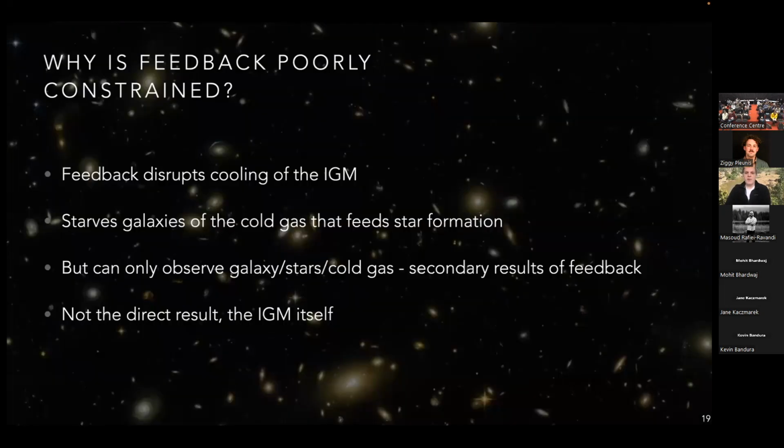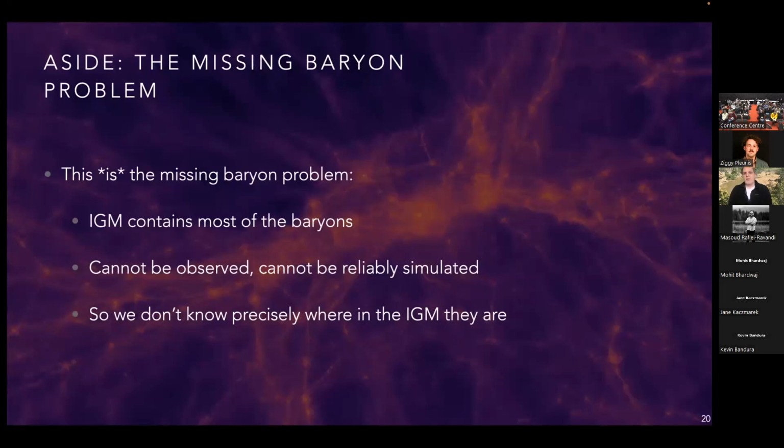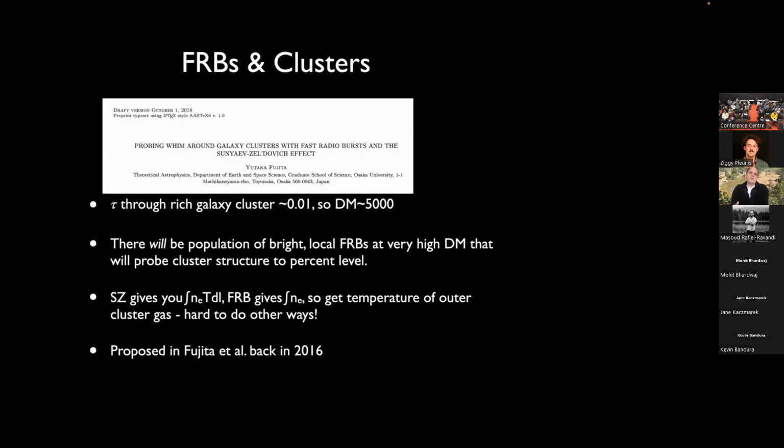And so that's one of the really powerful things we can do with FRBs. So this is the missing baryon problem. We don't think baryons are actually missing. We just don't know where they went because they're very hard to see. And we can't simulate it, and we have very limited tools to observe it. So FRBs mapping this out is a really valuable thing. They are useful for sort of low density IGM stuff, but they're also really useful, I think, for clusters, and